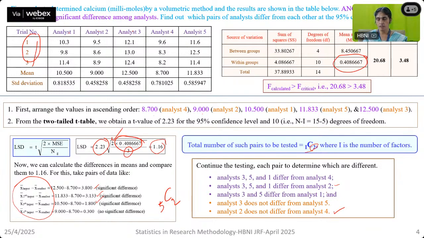Analysts 3 and 5 differ from analyst 1, and analyst 3 does not differ from analyst 1. So you can say that the last two sets, analysts 3 and 5, and analysts 2 and 4, represent similar populations, whereas the other pairs, if you take them separately, individually, you will see that, yes, these have